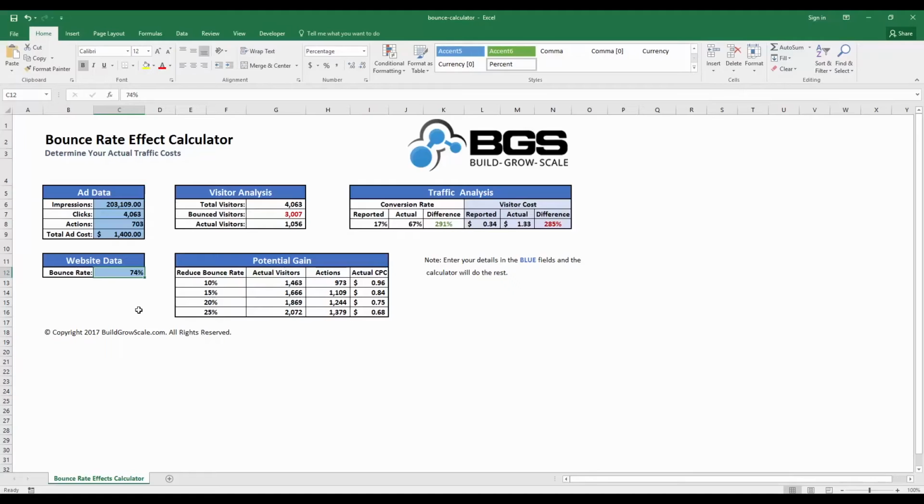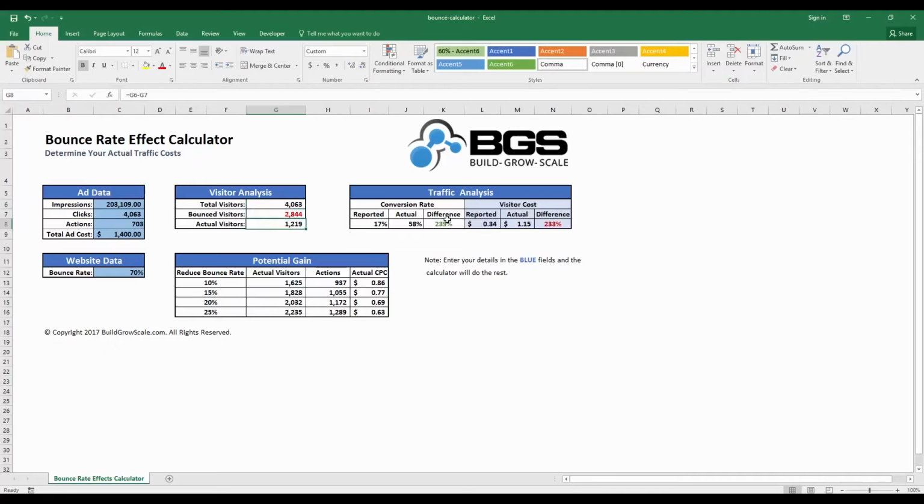We obviously want the overall site speed on our stores to go down, but also for our funnels, our landing page for our funnels, we need to make sure the bounce rate on those pages is as low as possible. So you plug that in, and then all the rest of it, so if we make this, let's just say it's 70%, everything else will calculate. So your total visitors that you paid for, how many bounced, how many actually showed up,